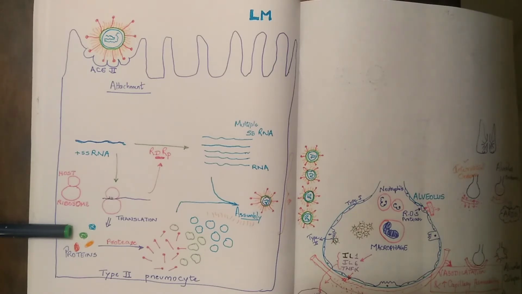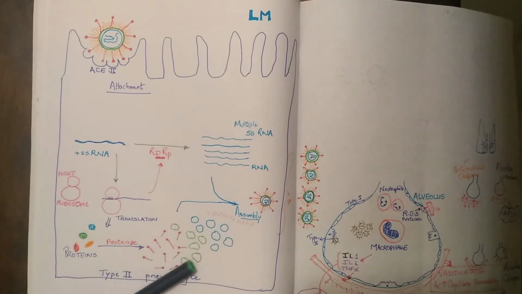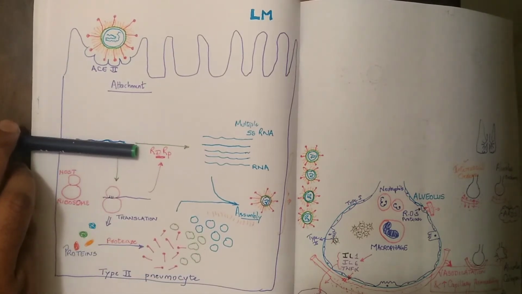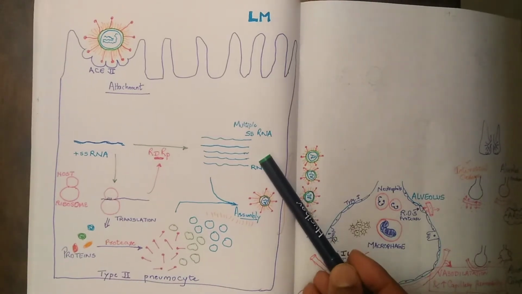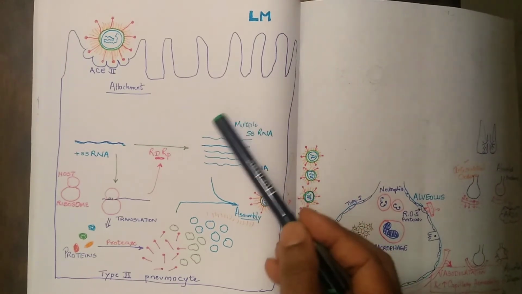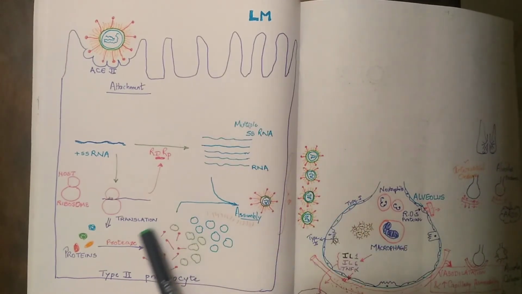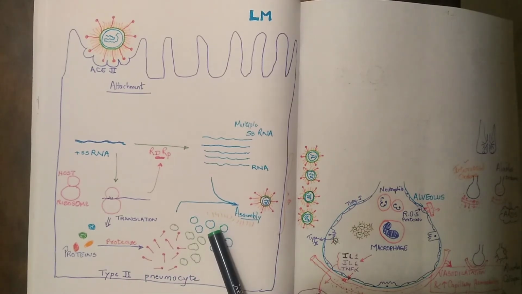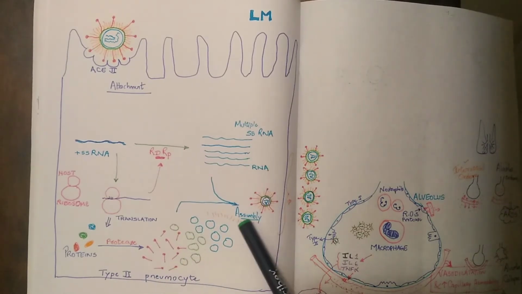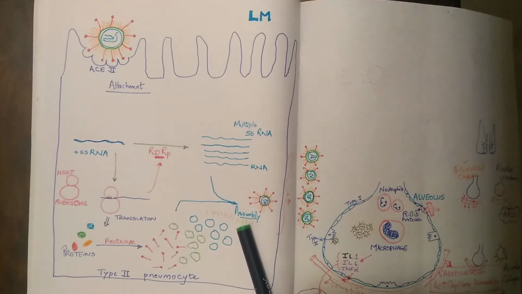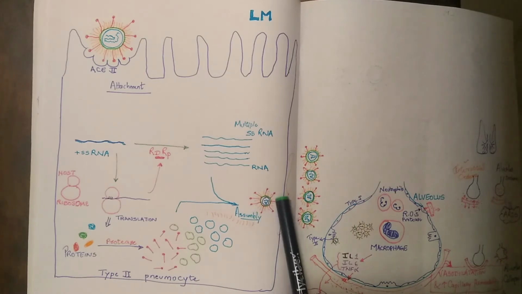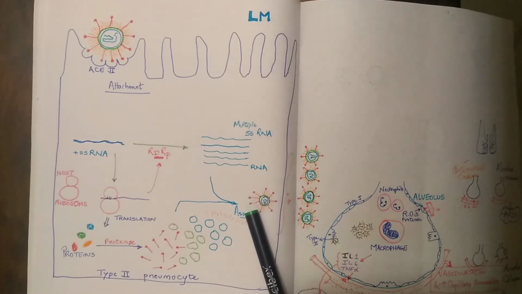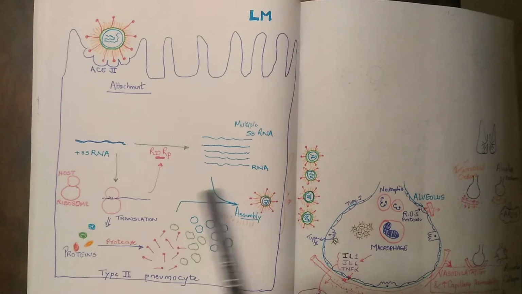All these proteins will be assembled in the protein pool. This RNA dependent RNA polymerase will polymerize the single stranded RNA into multiple copies of single stranded RNA. So you can see multiple copies of single stranded RNA are produced, and multiple copies of proteins are produced. Now what happens when they are produced? They will assemble at one area, the assembly point, and there is a new viral progeny. So many viral progenies are produced, and they come outside the cell.